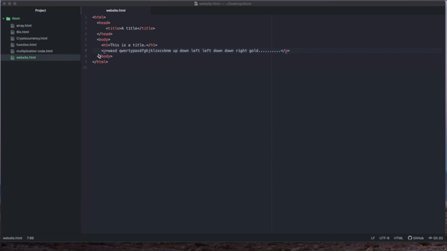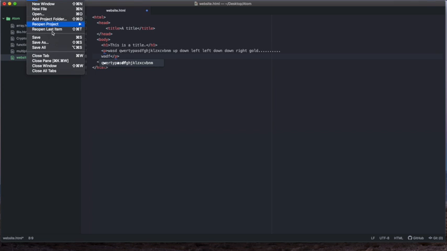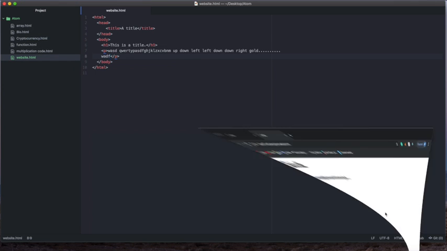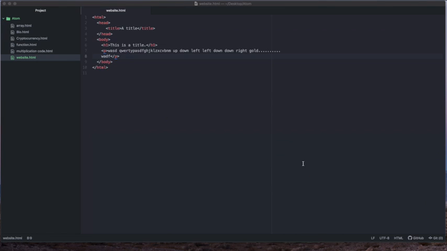Okay? And something really important is, let's say you just wrote a paragraph, and you wanted to separate it and make a new line. But when you do this, as I told you before, enters and tabs don't matter. So even if you press enter and then write more text, save, go back to the page and refresh, it will be on the same line instead of the one below it. And how to fix that